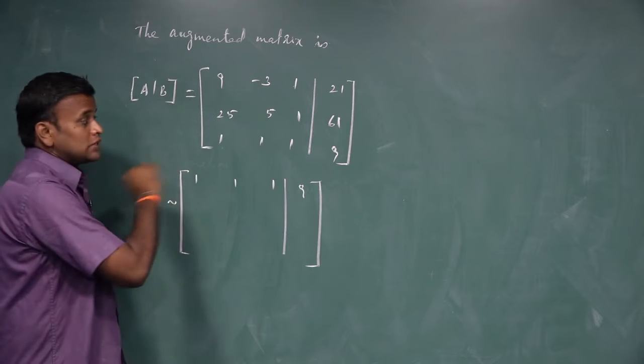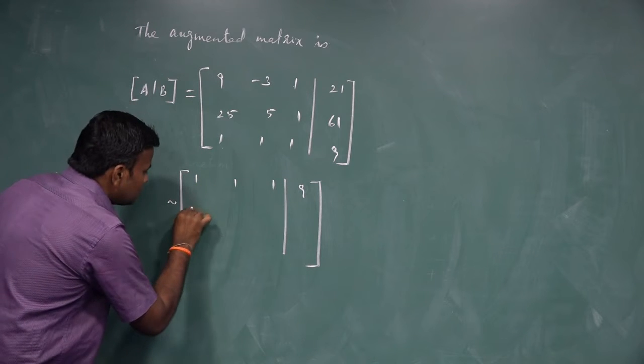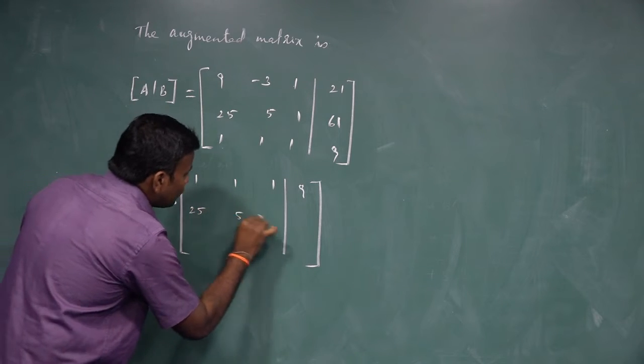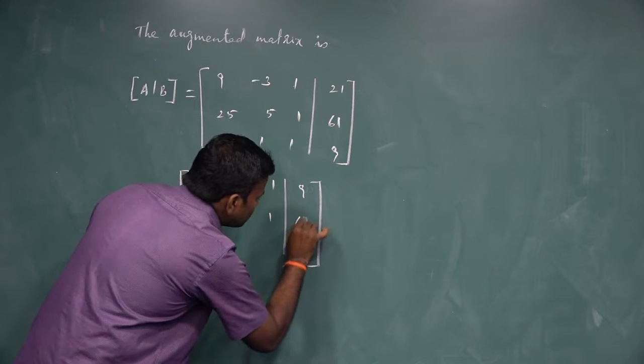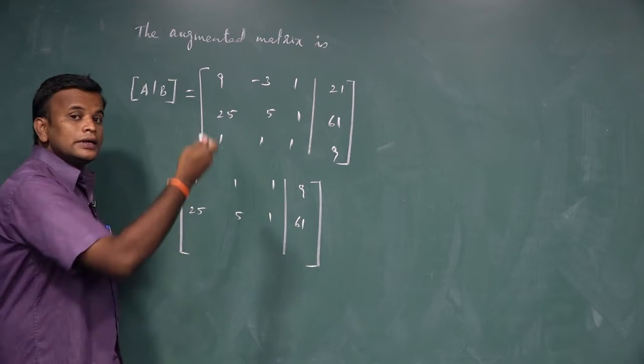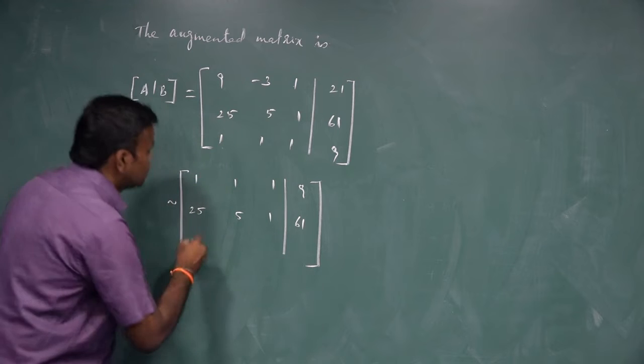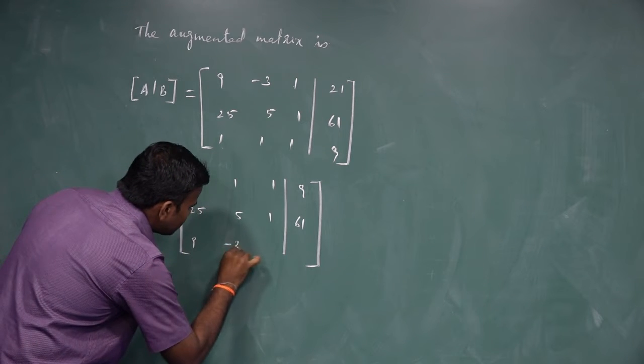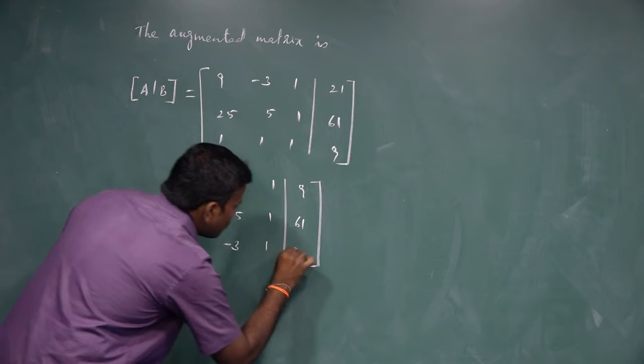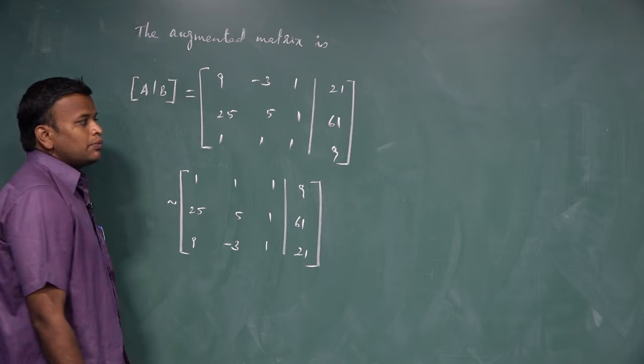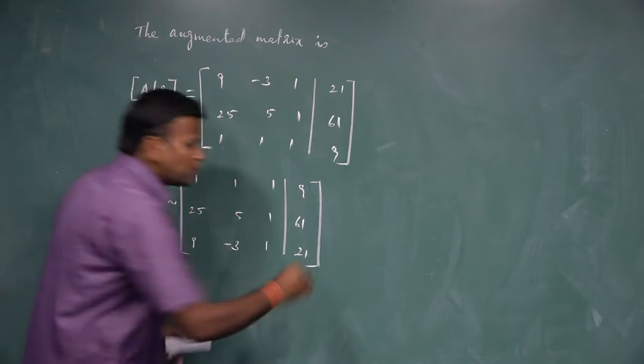And I don't change the second row. I write it as it is, second row: 25, 5, 1, 61. And I write the first row as the third row: 9, minus 3, 1, 21. We must write the process. Now we do in this matrix